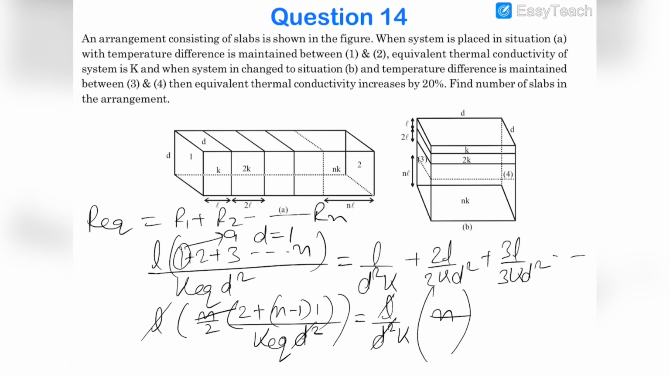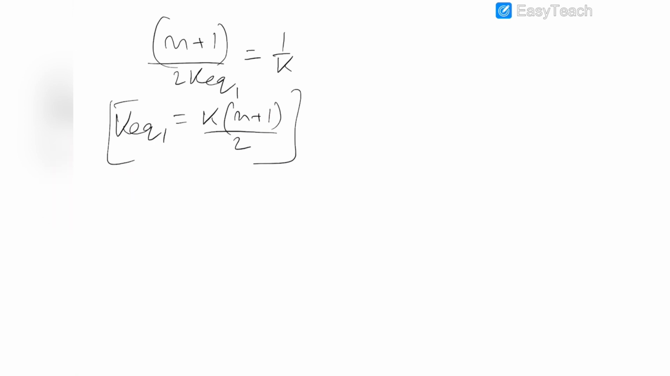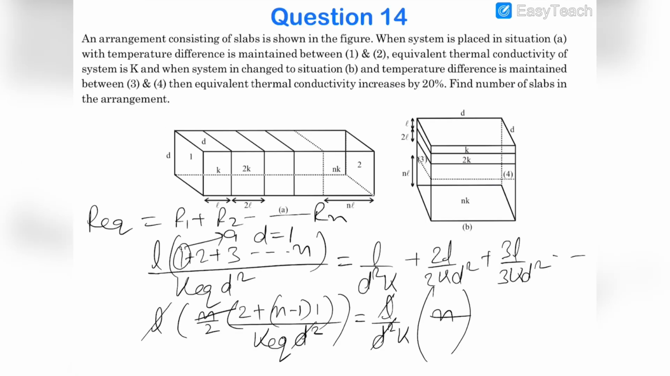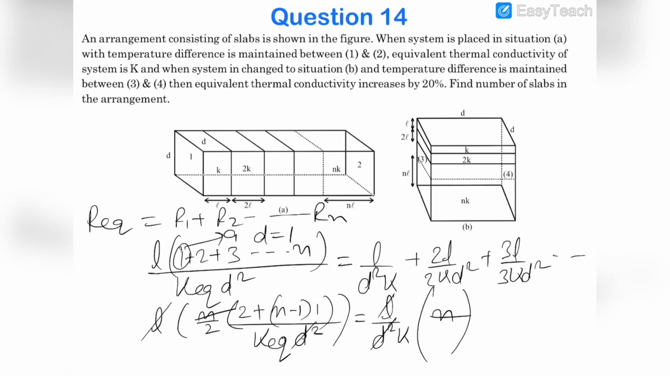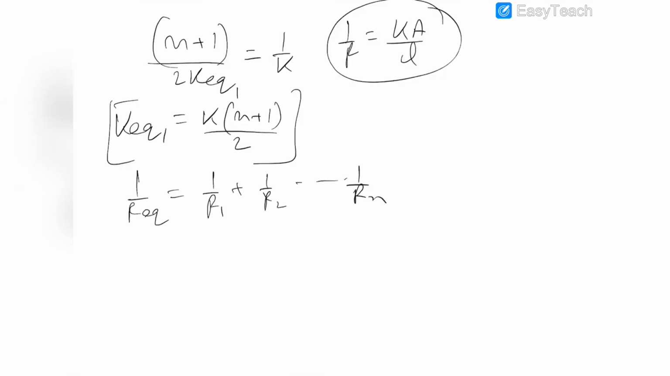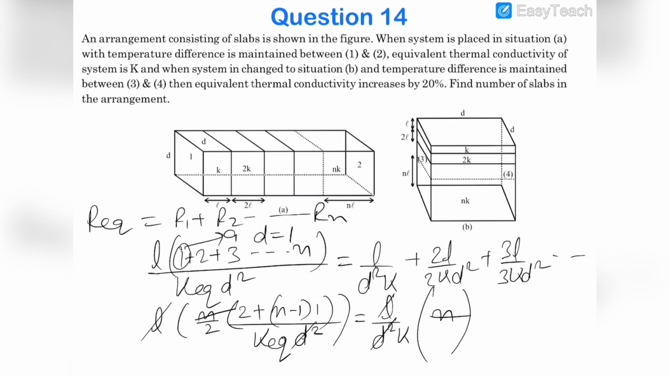Now in the second case, all slabs are in parallel to each other, and in parallel we know that 1 upon R equivalent will be equal to 1 upon R1 plus 1 upon R2 up to 1 upon Rn. And we know that 1 upon R is Ka by L. So you can see that in each case the total area in this case will be this is L into D, this is 2L into D, this is 3L into D. So sum of the area will be,